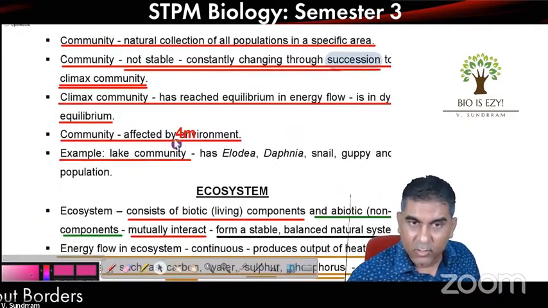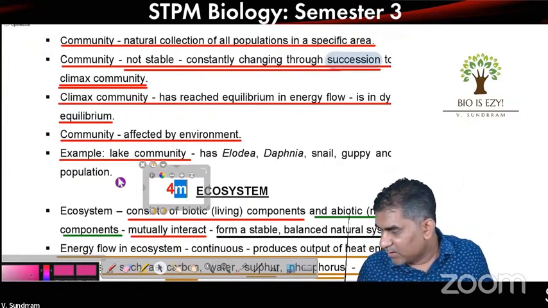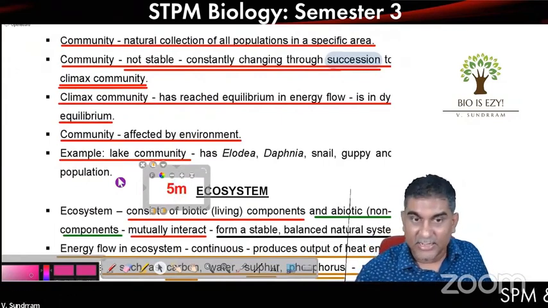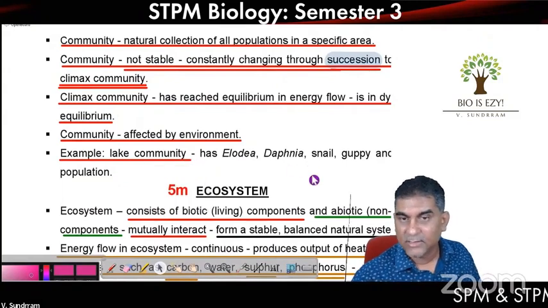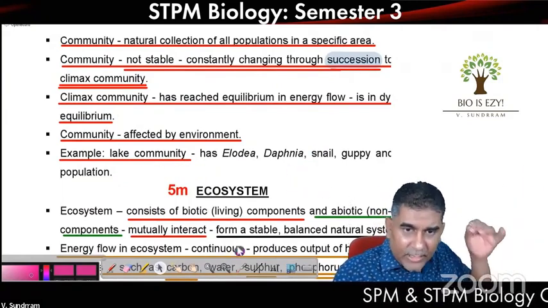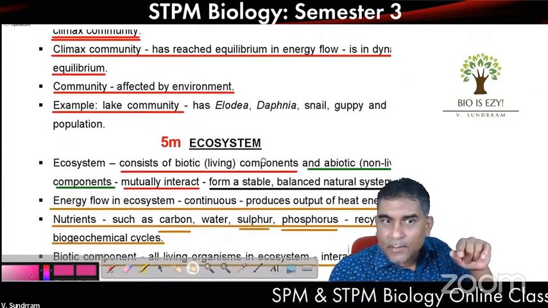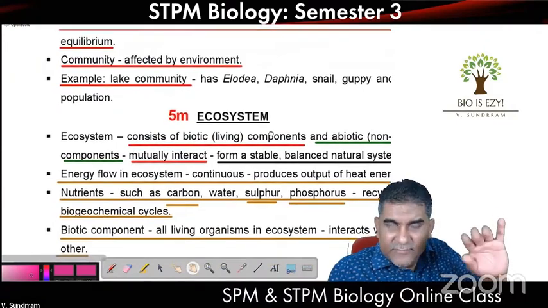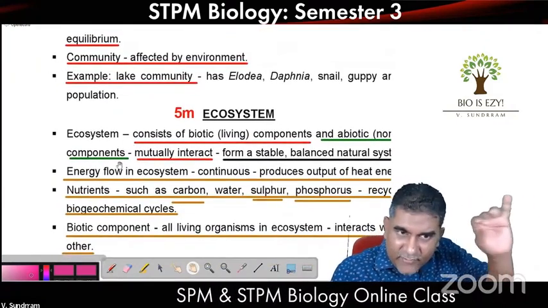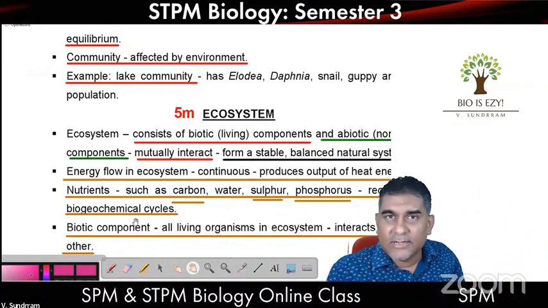And in the old syllabus, definition of ecosystem came out very often. In new syllabus, not yet, I think, but if they want, they can ask. Simple question. Describe about ecosystem. Definition, 1 mark. The rest of the sentence, every sentence is 1 mark. Every sentence is one essay question that we are going to learn later.